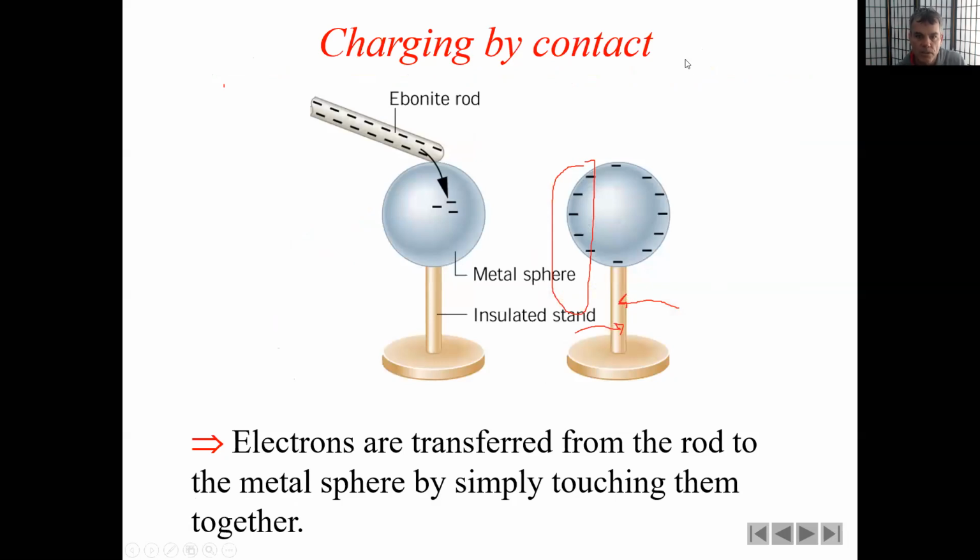Okay, so let's just talk quickly about charging by induction. So let's say I had a metal sphere, metal meaning it's a conductor, so the electrons are free to move, and I bring a negatively charged rod nearby. Here, this is charging by contact because I have a charged rod touching a neutral object. But let's say I